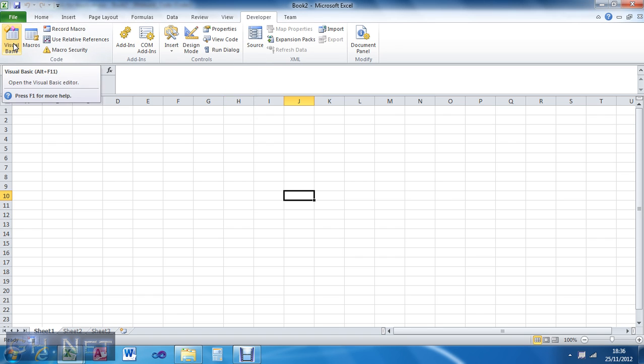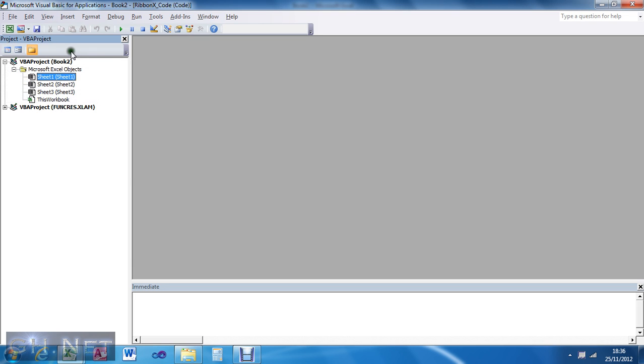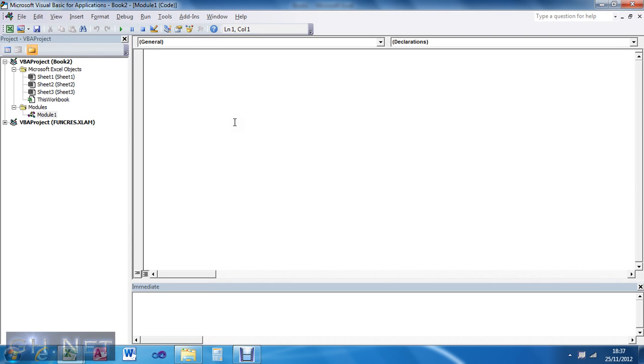Right, okay, so what I want to do is go to Visual Basic, and from here I want to insert a new module. Okay, so what we're going to call this: Public Sub ControlStatusBar. I'm not going to put anything inside, so